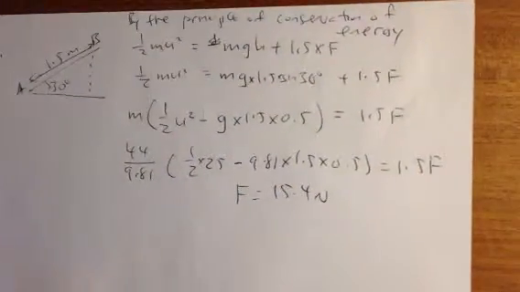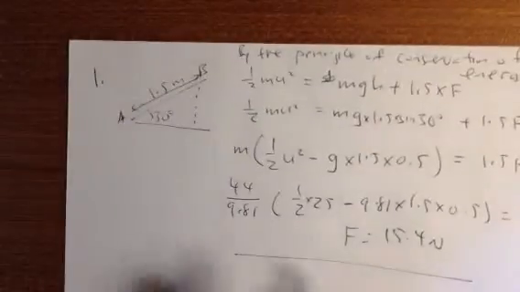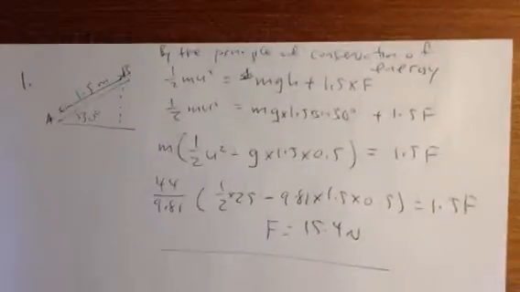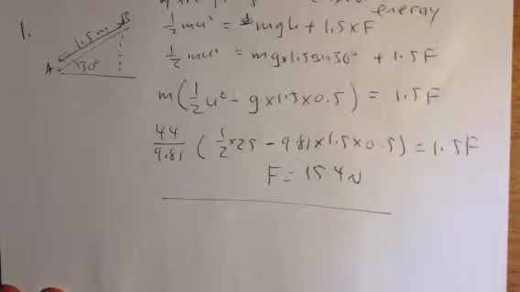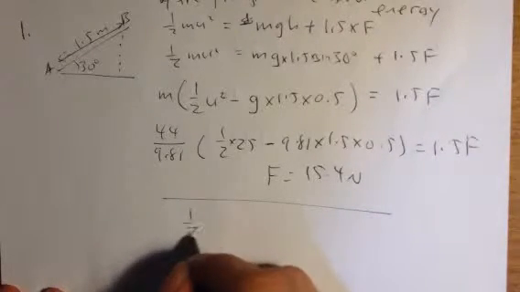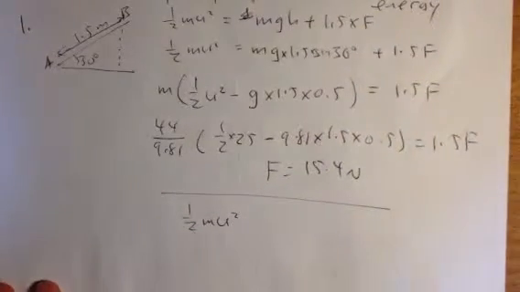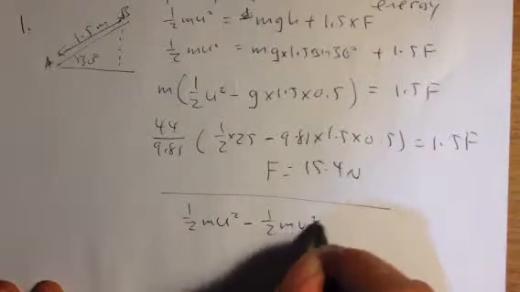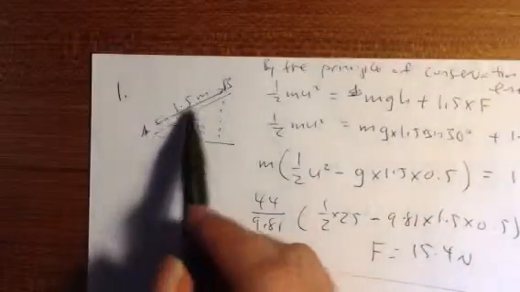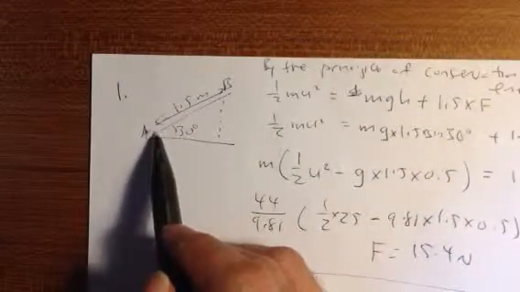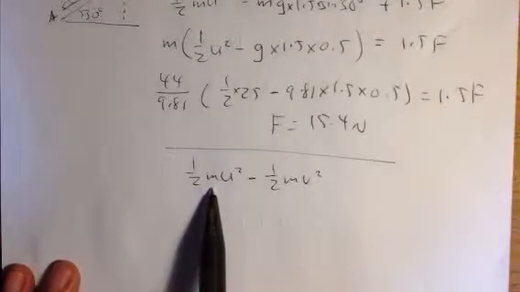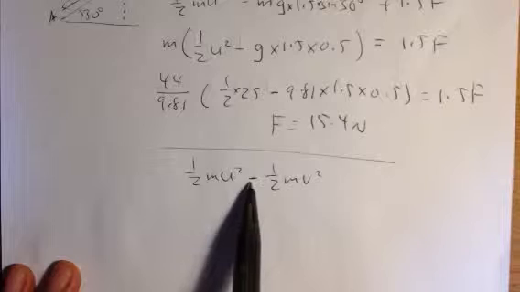Okay, now we consider the second case whereby it slides up, stops and slides back down again. Now when that happened, here's your initial KE minus the final KE, the speed whereby it goes down, right? When it slides up, stops, comes down, at that point it has a certain speed, right? So the initial kinetic energy minus